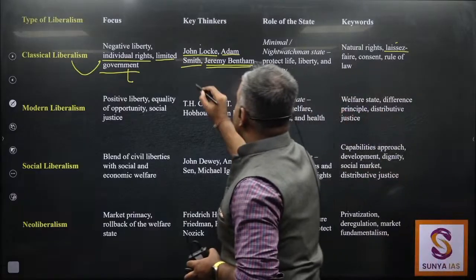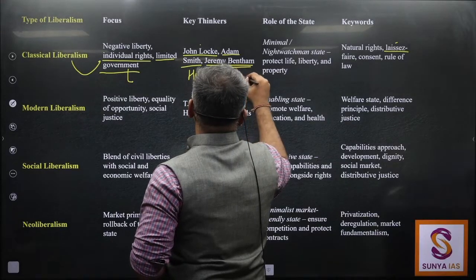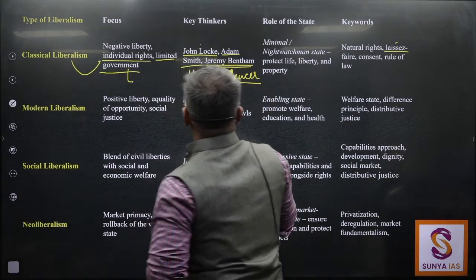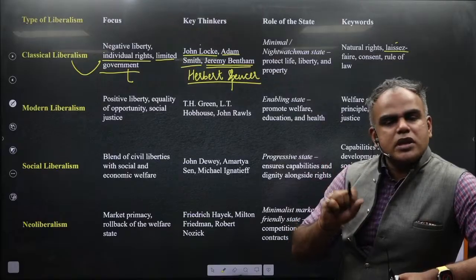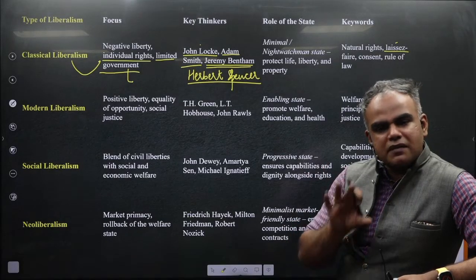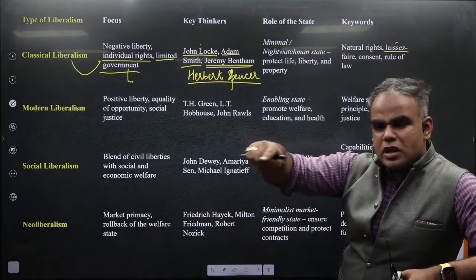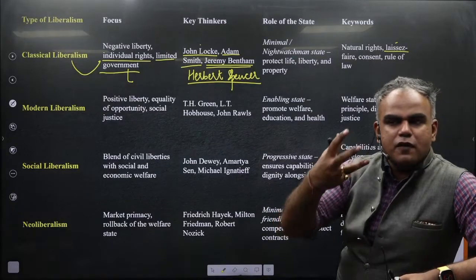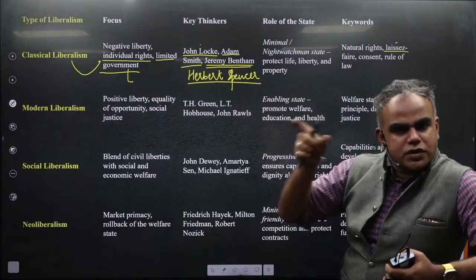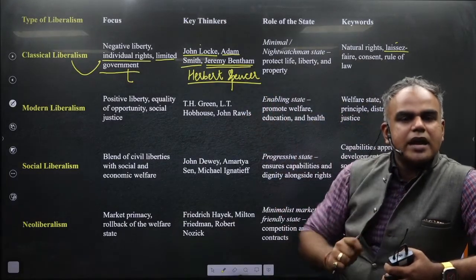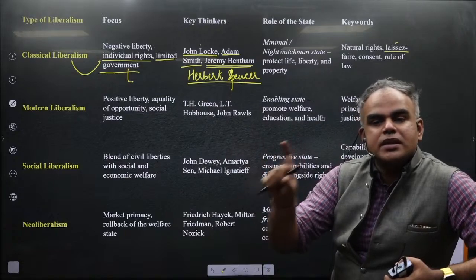You also have, and I think here it is not mentioned, Herbert Spencer. He will in fact talk about social Darwinism. Tell me, what is Darwinism? Survival of the fittest. In the social sense, what will this be? That only the people who are working hard, and whatever property they are amassing, this is right. In fact, Sumner also said that if there is a drunkard lying outside, he is in a rightful place. A drunkard is where he ought to be.